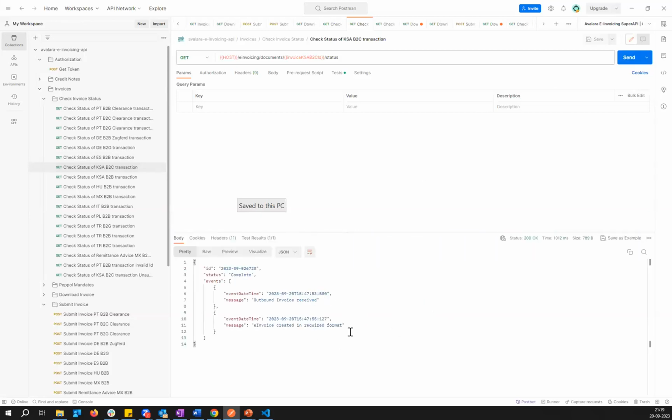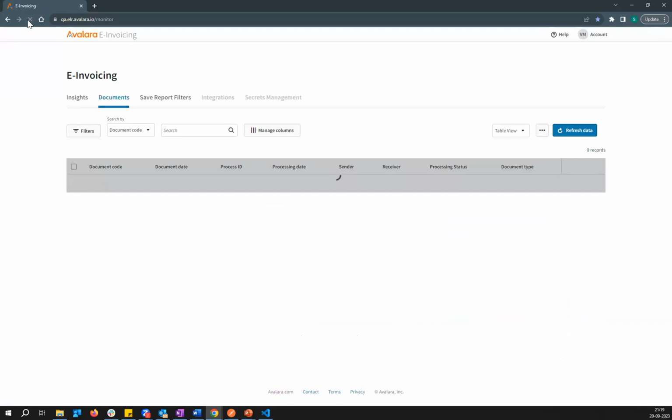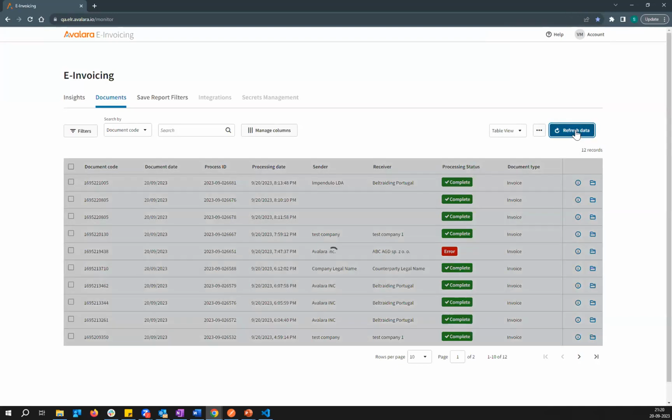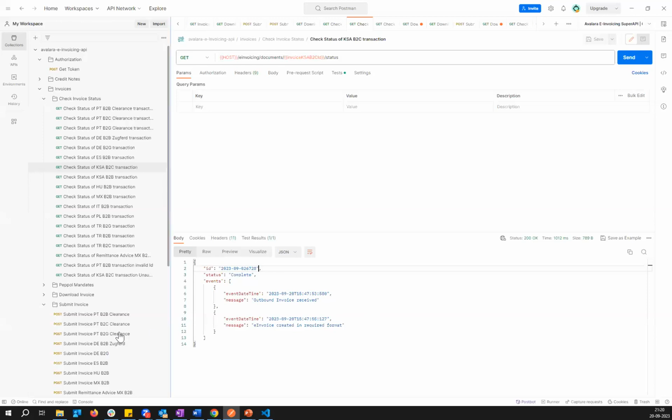Let's see if there was any error. Yeah, this is complete. Let's go back to the UI application. For some reason that document is not appearing here. In the interest of time, let's proceed.